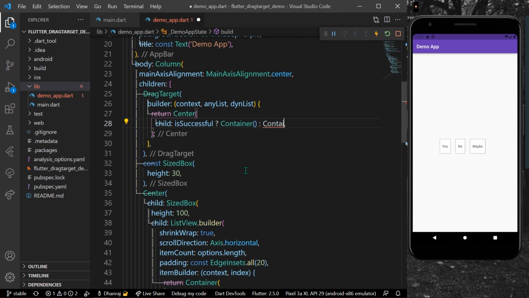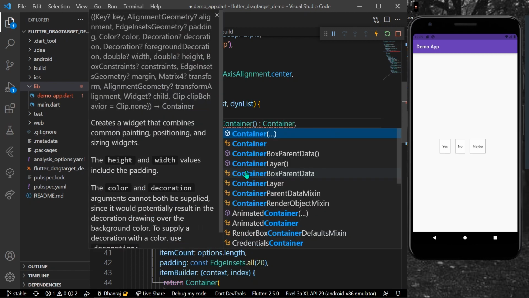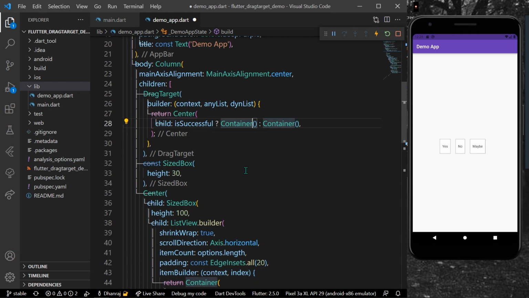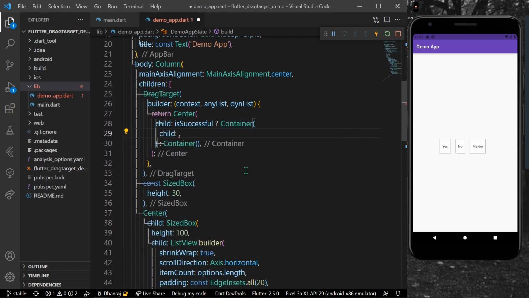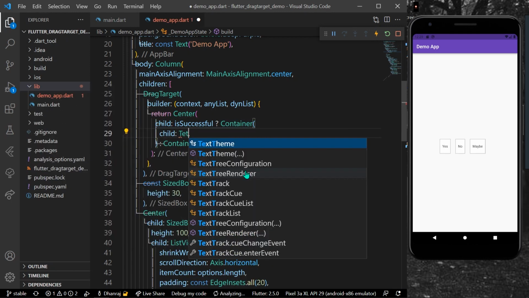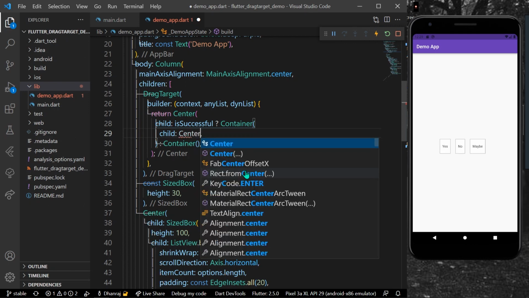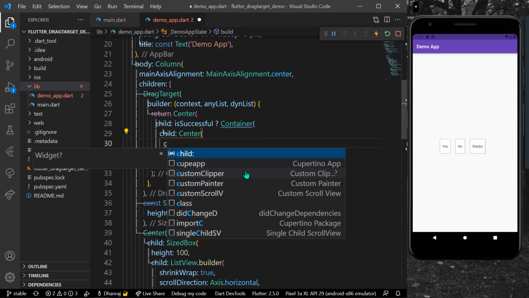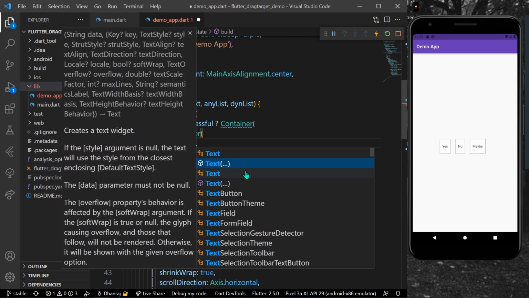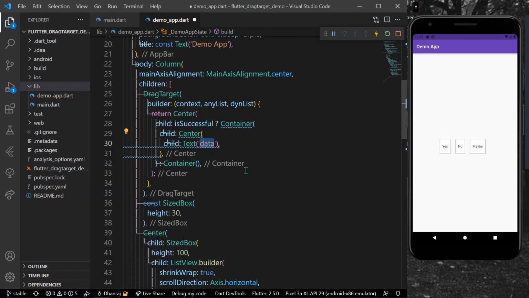Inside the container, as a child, let's say I want to show a text. Inside a Center, I'll add a Text which will say Flutter is awesome, and yes, it is awesome. This is what we want to show.